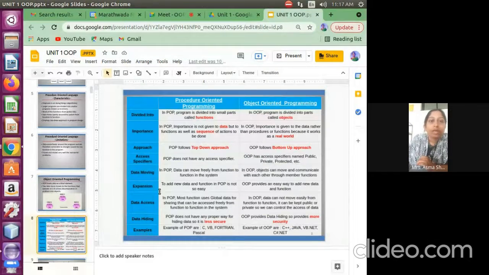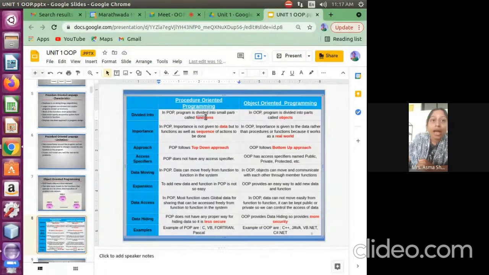So now if the question asks you about the difference between object oriented programming and procedure oriented programming, first, a procedural oriented program is divided into small parts called functions. I already told you, you can write the important parts. Do not write all the lines, it will be difficult.